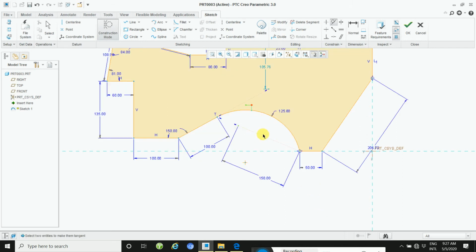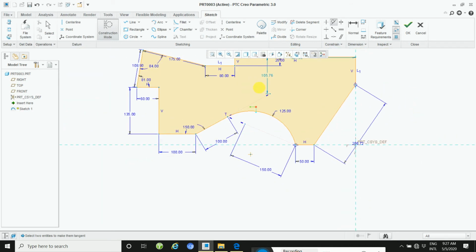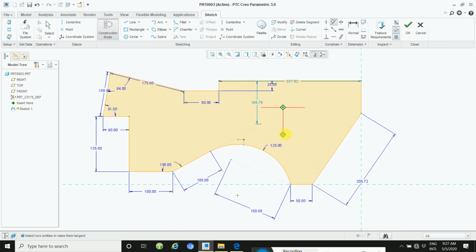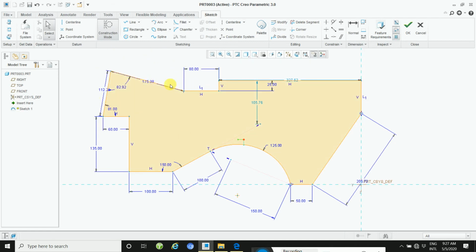Okay, see this. Okay, adjust your dimension. Okay, this way you will check your dimension and then edit. I think check this dimension. This dimension is editing 115.